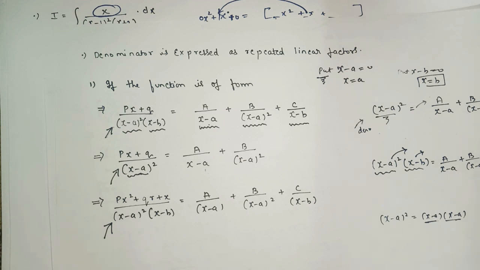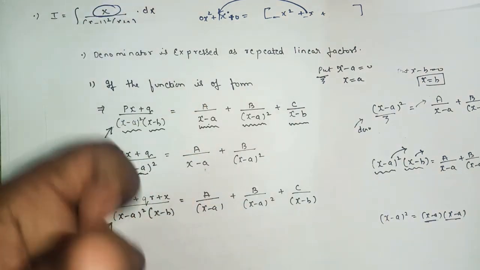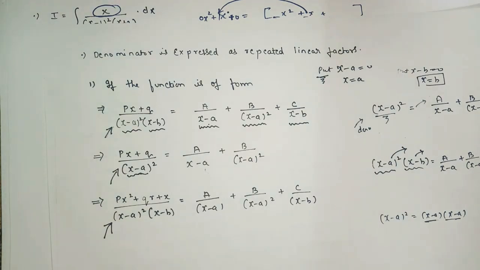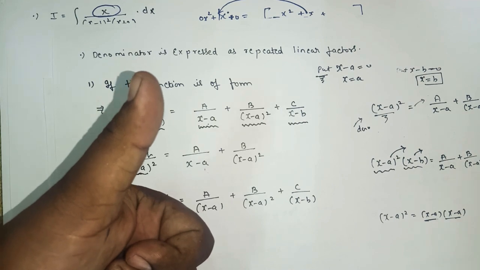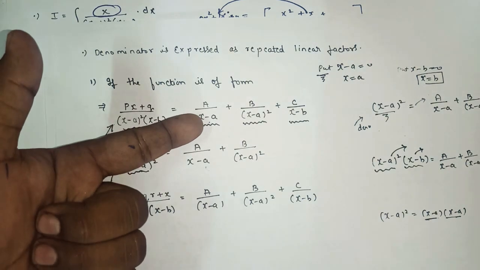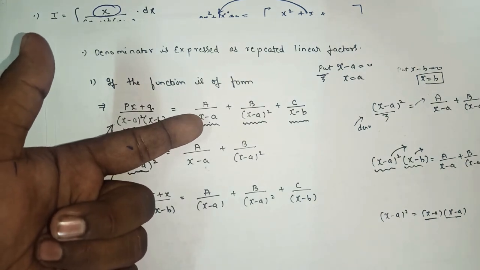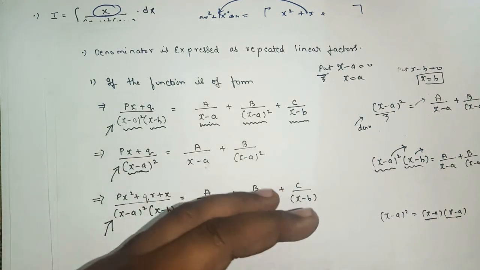After the last part, the integration section will get over. So we are left hardly with only the last section, of type number 8. Your first type was when the linear denominator is non-repeated. The second is when the denominator is repeated. And in the third section you will see the product of a linear factor and a non-repeated quadratic factor.